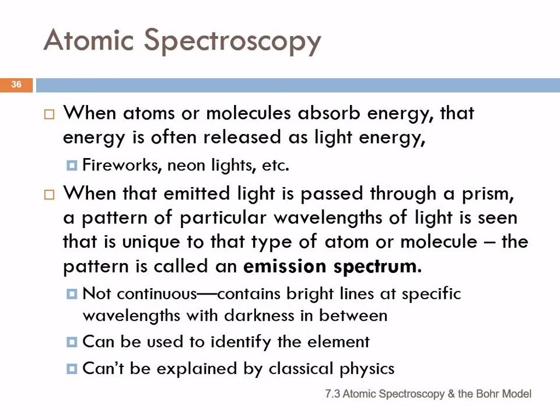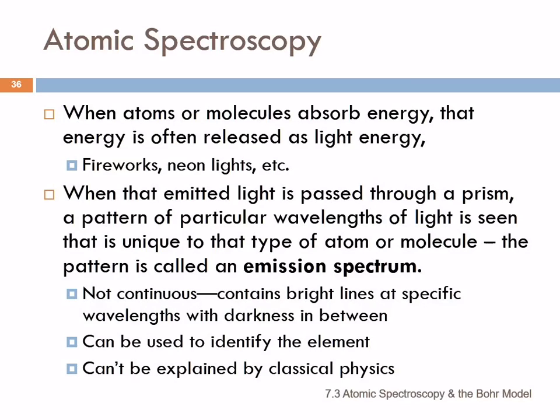Atomic spectroscopy. So when atoms or molecules absorb energy, that energy is often emitted as light energy. Examples of this are fireworks and neon lights, fluorescent lights as well. What's going on with fireworks? They shoot them up in the air and they explode, right? And we see all these colors. Those colors are because the explosion has given energy to the atoms, and then that energy is released as